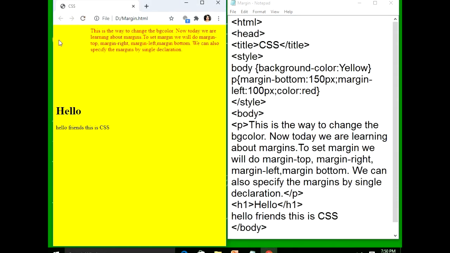Now you can see the distance from the left hand side. Same here, instead of left, if I write right, it will give the margin from the right hand side. If I give top, it will give the margin from the top. We can define all the four margins in a single line also. I hope this is clear to all of you.